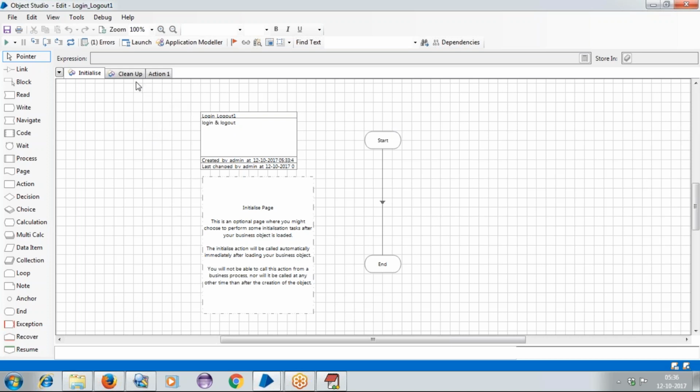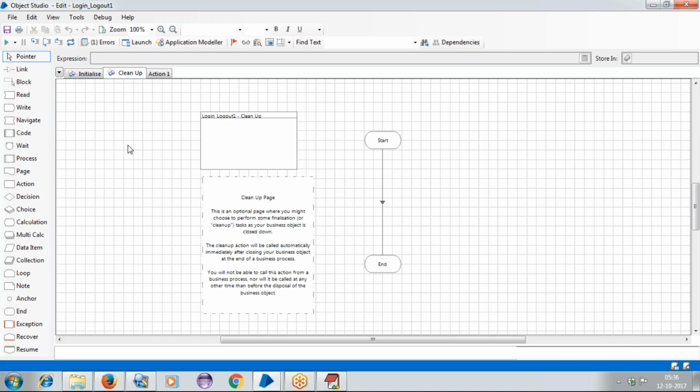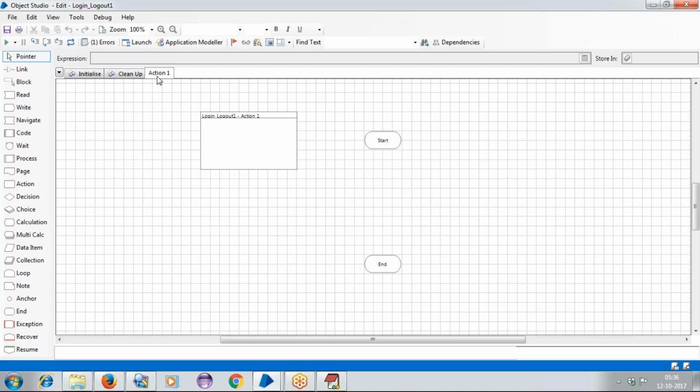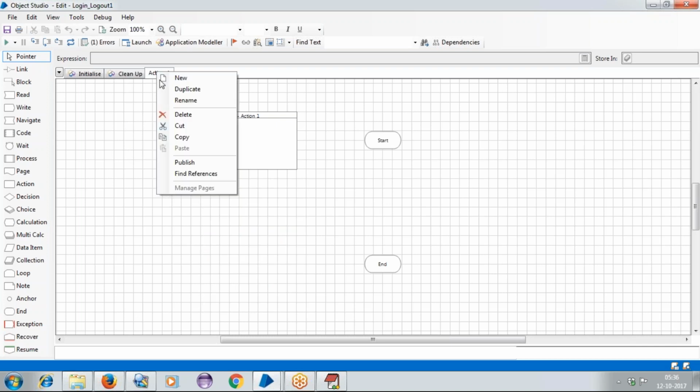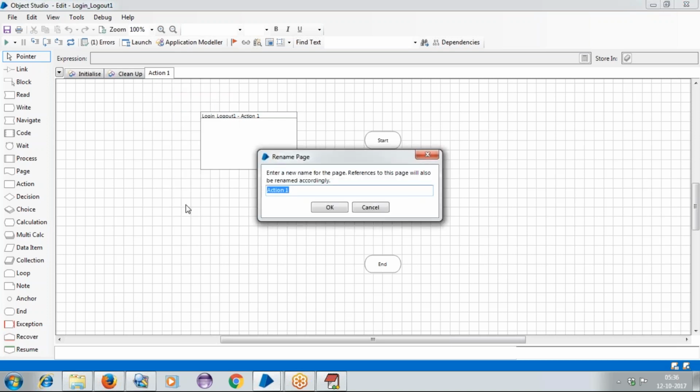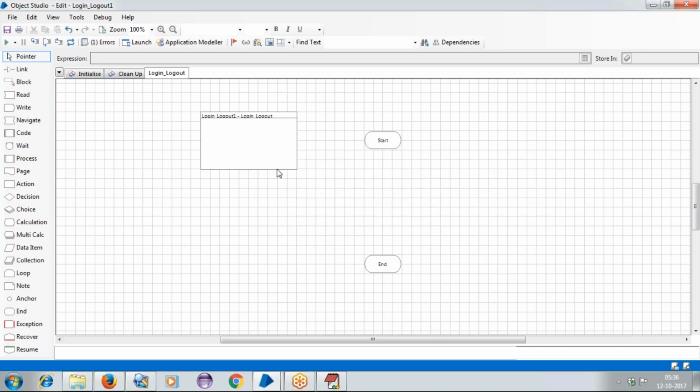And the cleanup page: once execution has started, in case of any temp details, it will try to clear all the details, and then it will take our actual execution. Now the action page: if you want to rename it, you can rename it here. I will mention login underscore logout here, and then click on the OK button.